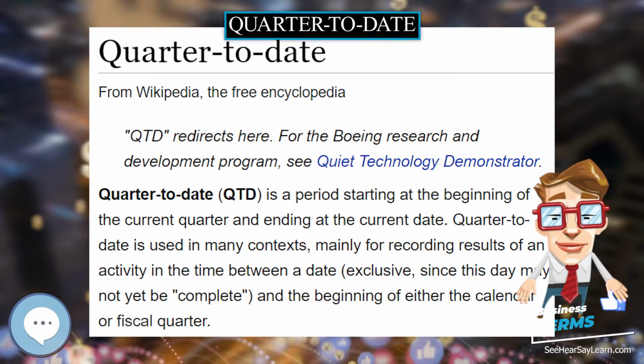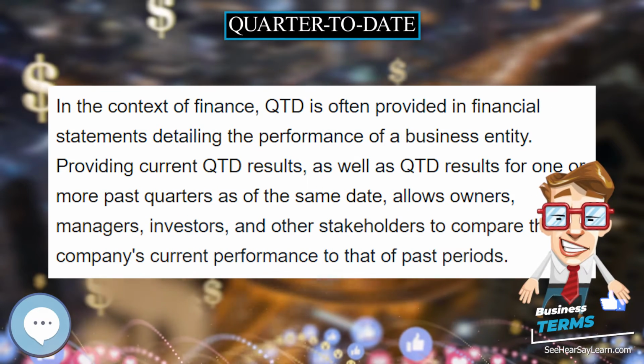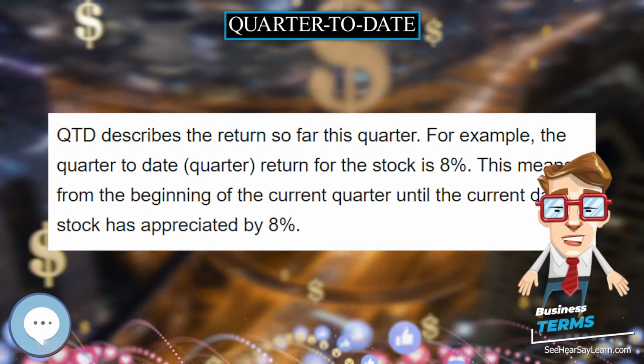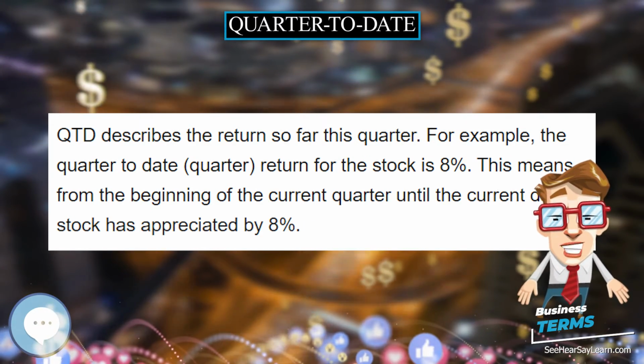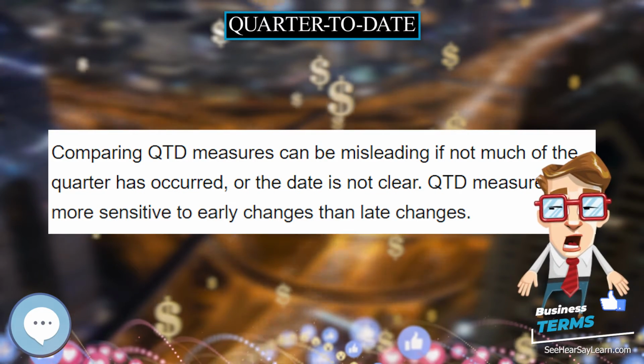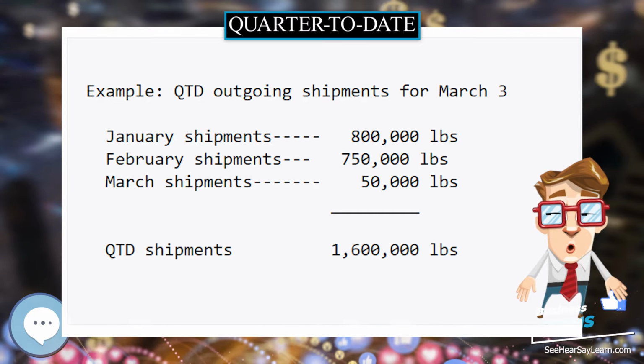Quarter to date. Quarter to date, QTD, is a period starting at the beginning of the current quarter and ending at the current date. Quarter to date is used in many contexts, mainly for recording results of an activity in the time between a date, exclusive, since this day may not yet be complete, and the beginning of either the